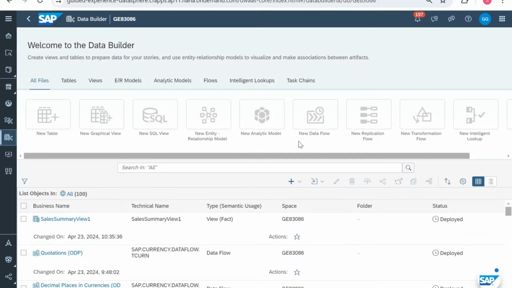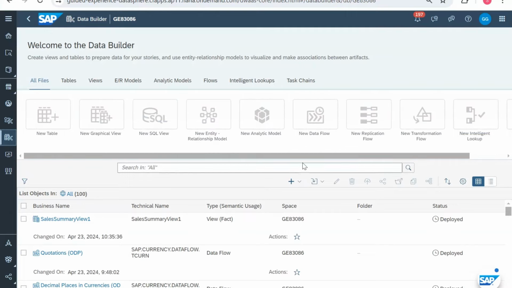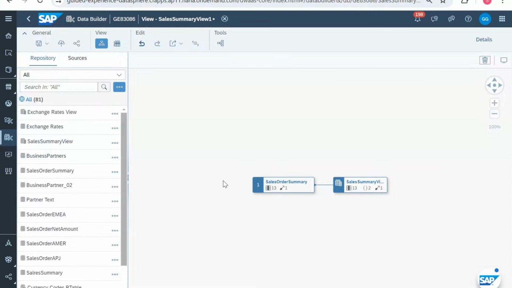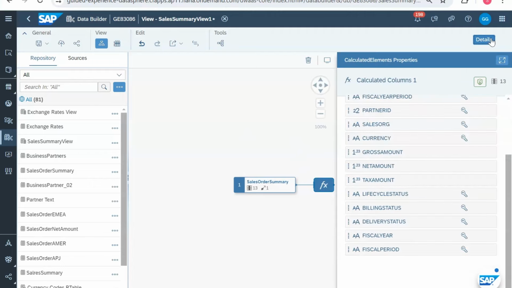So for currency conversion, we can go to any of the views. So for example, this is my view. Okay, so this is our sales order view, and what we need to do is perform a currency conversion. So you just click on it, and here is a formula option. So you click on formula and go to the formula part, go to the details,